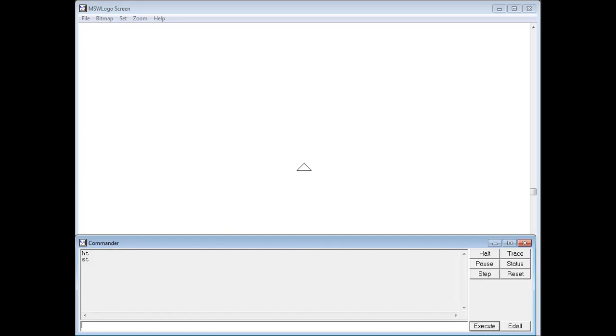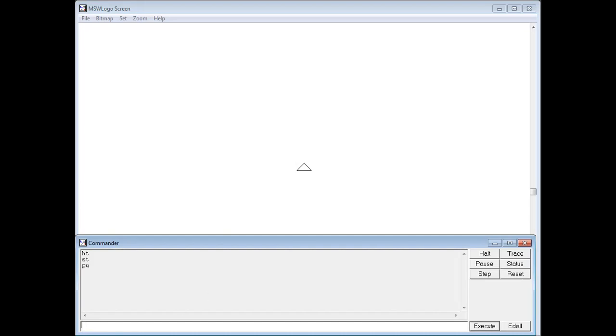This command will move the turtle but will not draw anything on the screen. Suppose I'm just writing this command PU, and after that I'm executing it.